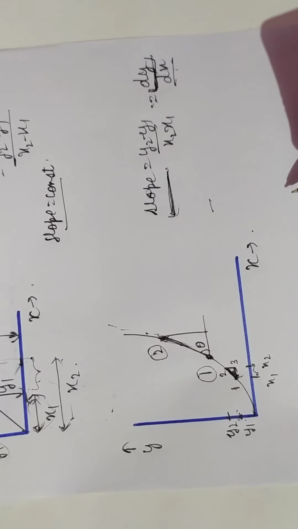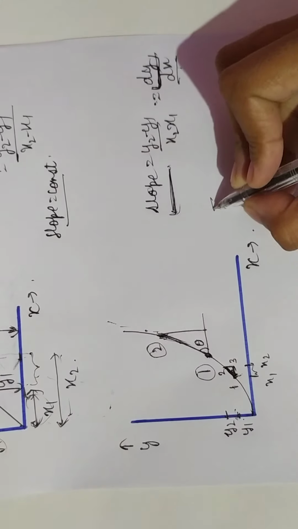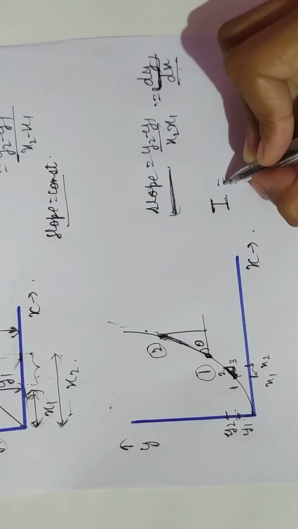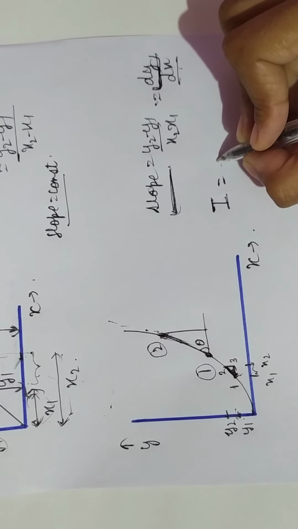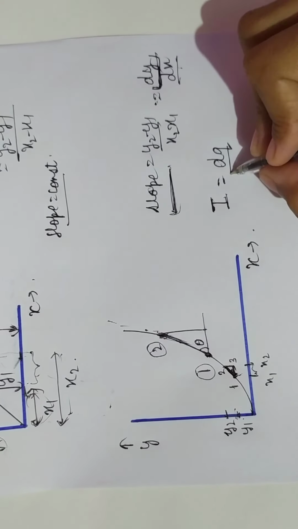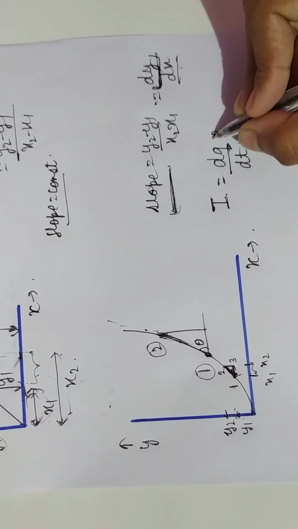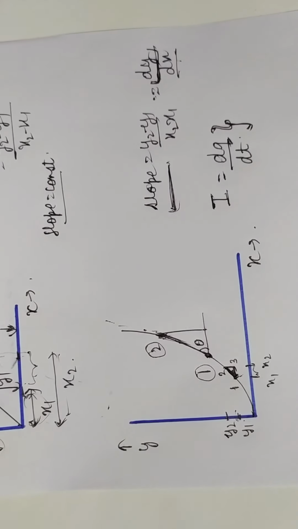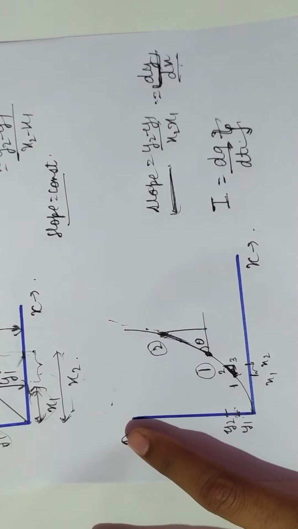Let us take one example. Now, how do we define current? What is current? Current is defined as rate of flow of charge per unit time. Okay, so how do we define rate of flow of charge? That means there is some change in the flow of charge, so we can write it as dq, and per unit time interval, so we can write it as dt. So this is an example of a differential equation, that is current, which is nothing but rate of flow of charge per unit time.